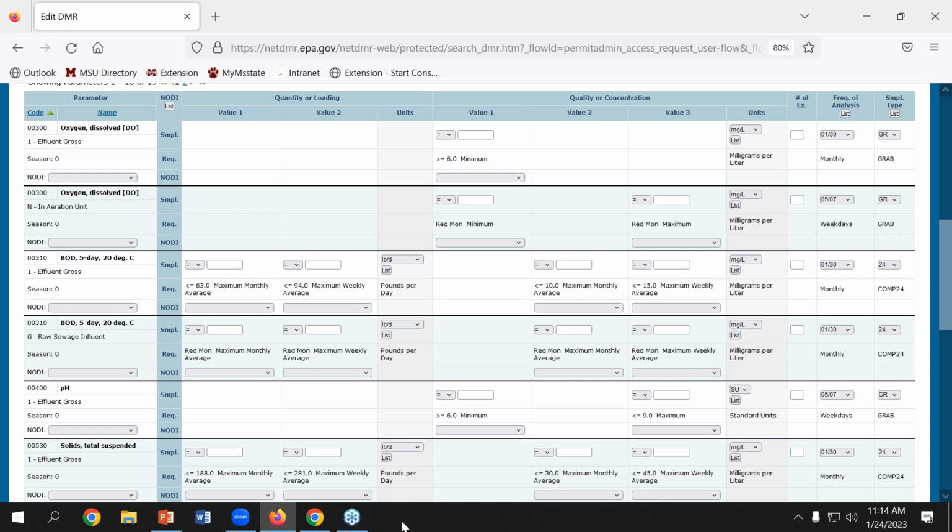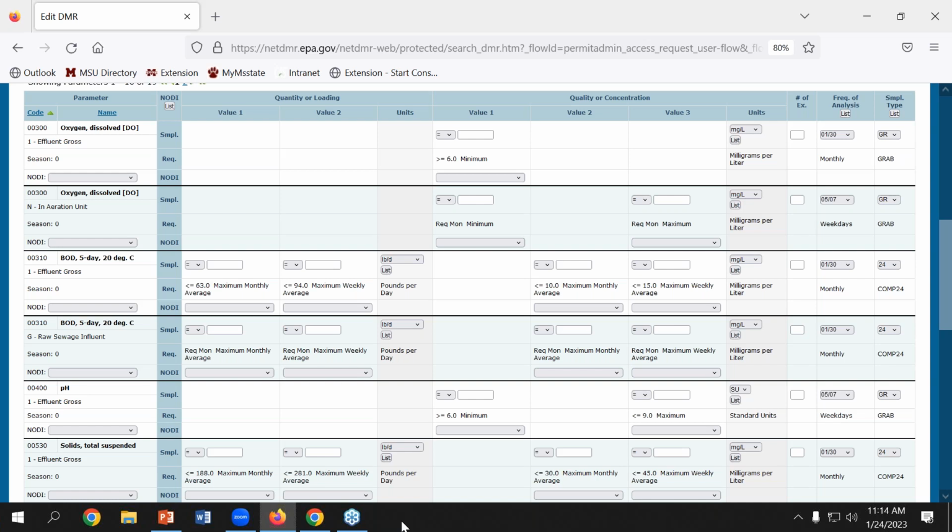So the effluent BOD limit for this facility is a 10.0 milligram per liter max monthly and a 15 milligram per liter max weekly. Now, max monthly and max weekly tend to be a bit confusing, but it does not have to be. In this particular instance, this facility is sampling on a monthly basis. If you only collected 1 sample that month, then the maximum monthly and the maximum weekly would be the same.